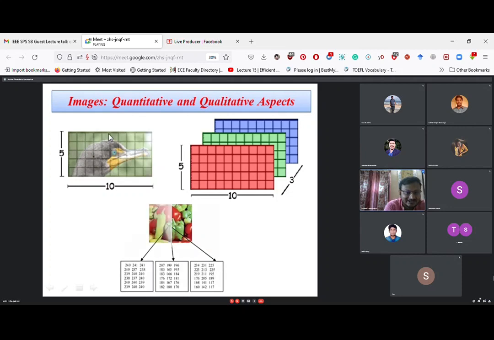If we segregate the image, then we can see there are three levels: red, green, and blue. This image can be segregated into three channels: red channel, green channel, blue channel. Suppose this pixel, this is the second row, second column pixel. This pixel, where my cursor is moving, second row, second column. So this pixel has three values. You can see the second row, second column has a red value, a green value also, and it has a blue value also.